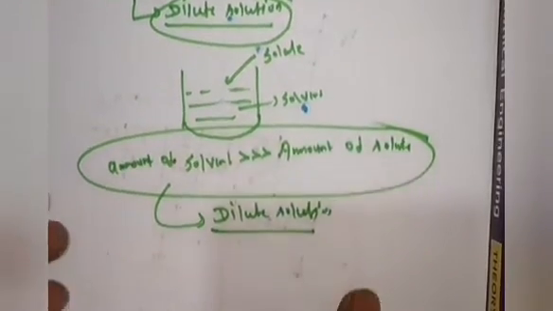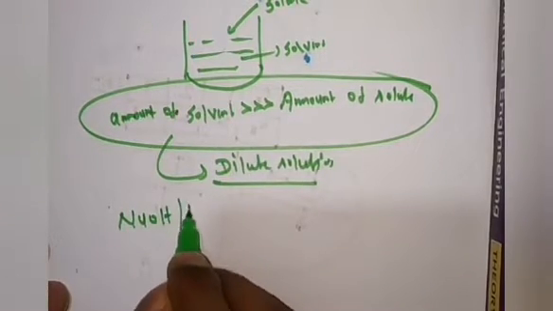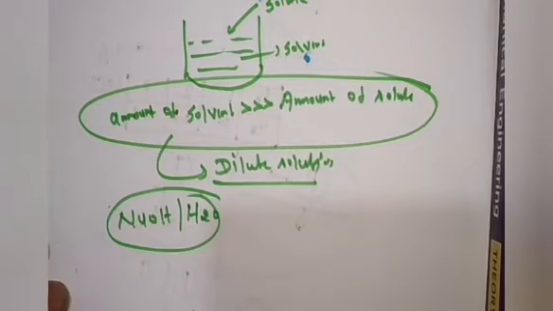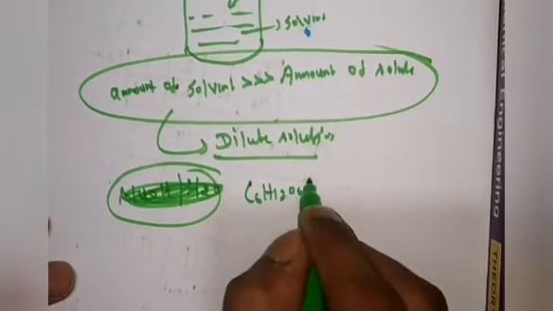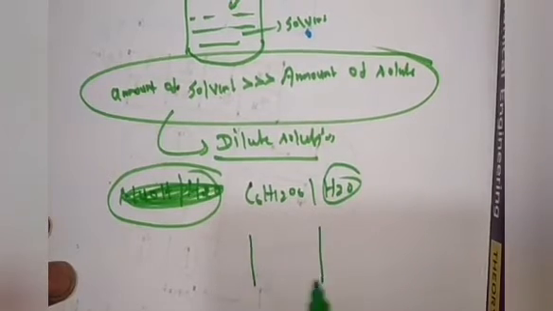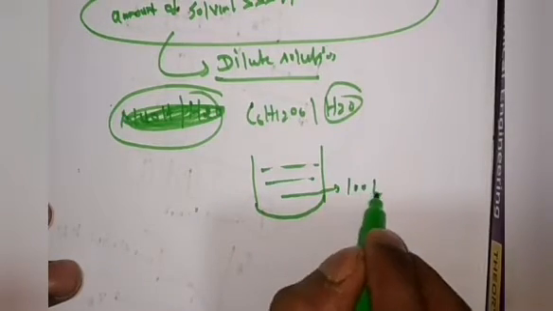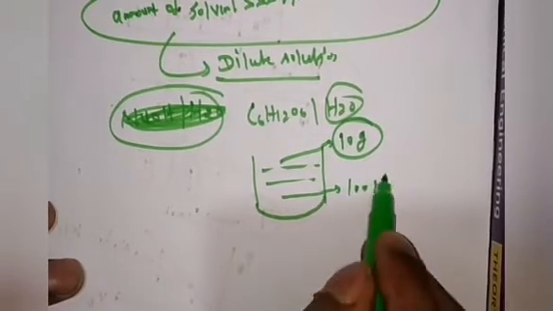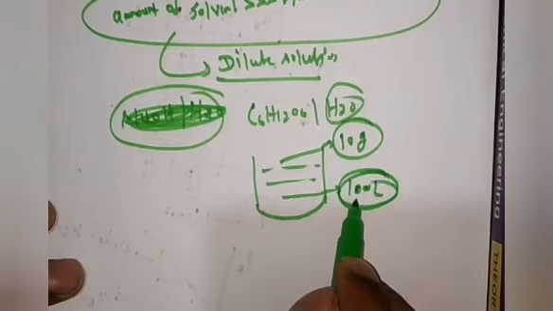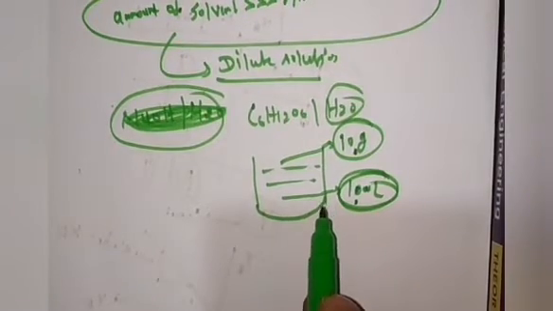Now see, how will we make a dilute solution? I have to make a dilute solution of NaOH and water, H2O. Just understand, this will become a liquid, so I am taking another example: glucose and H2O. For the dilute solution of glucose and water, I take 100 liters of water and only 10 grams of glucose. Then this solution will be called a dilute solution. Why? Because the amount of solvent is much greater than the amount of solute. So where the amount of solvent is very large compared to the amount of solute, we call it a dilute solution.